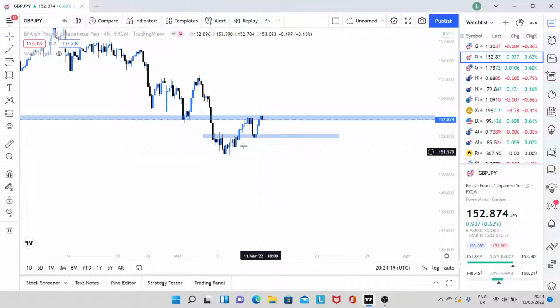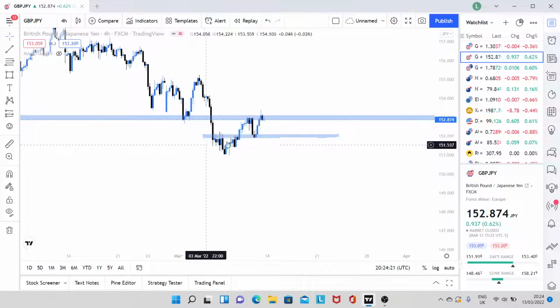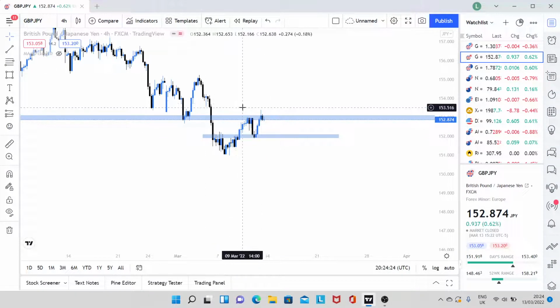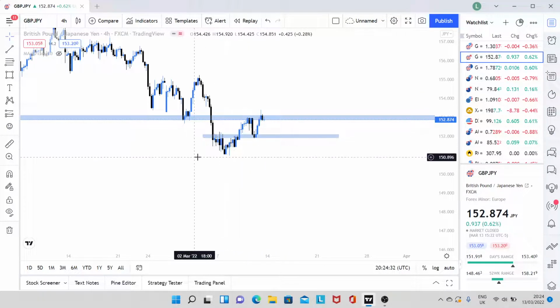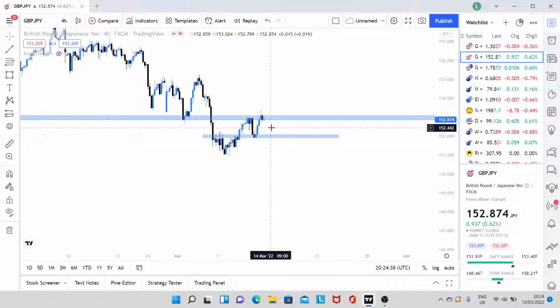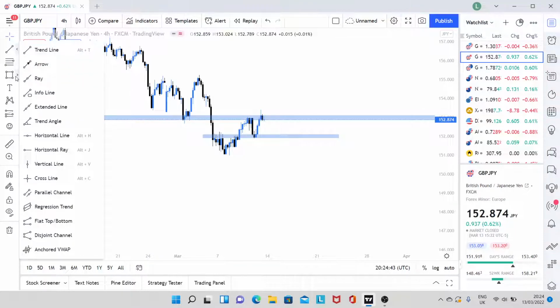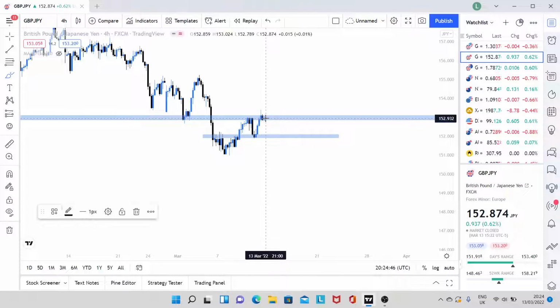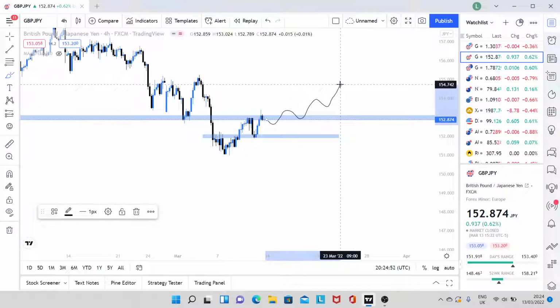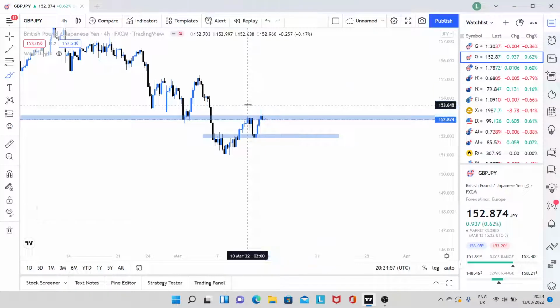Anyway, as I was saying, in the signals group, we wanted to see price come back down to here and then push up. As you can see, it's pushed up, but it hasn't broken this zone, but it's still made a higher high. So we've got a lower high here, a lower high here, and then hopefully somewhere around here will produce another lower high. What I would want to see, ideally, is something like this. So a push down, and then a break above, and then a break up, and then a continuation push like that. That's ideally what I'd want to see. Whether we see that, we'll have to wait and see how that pans out.